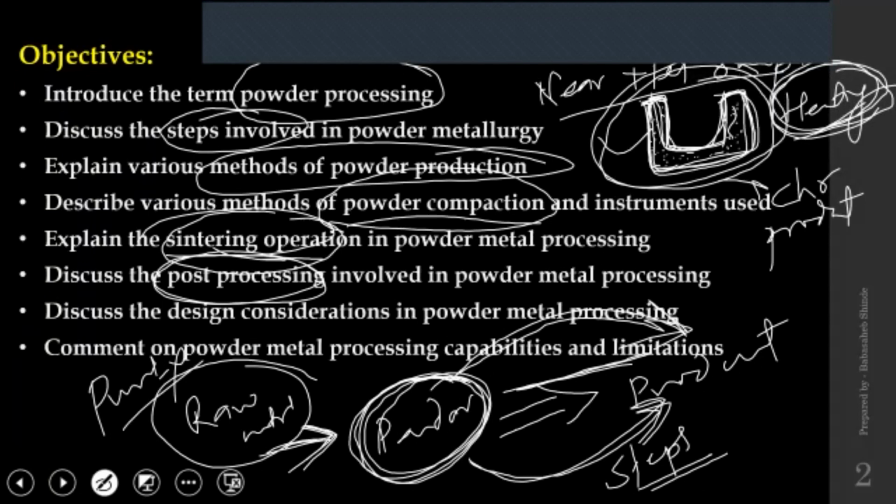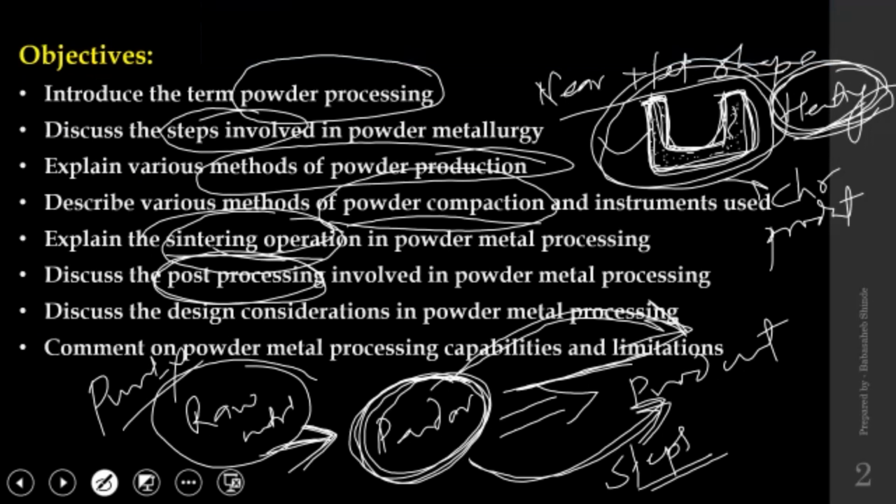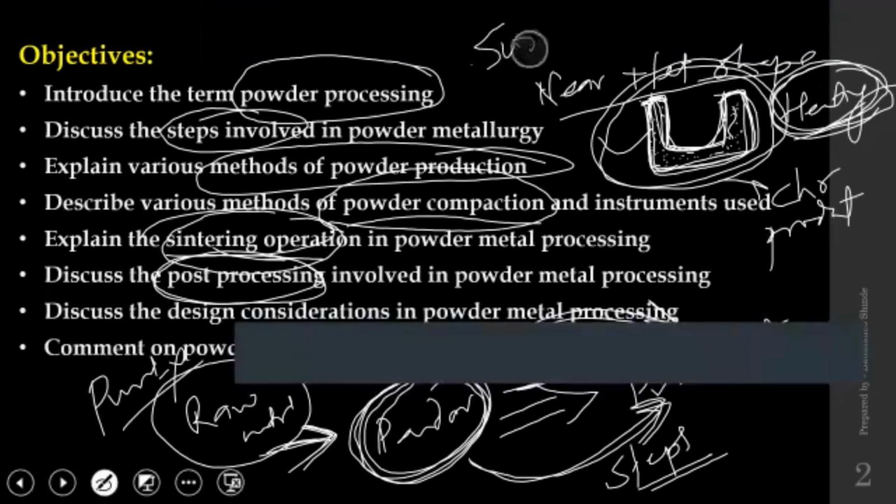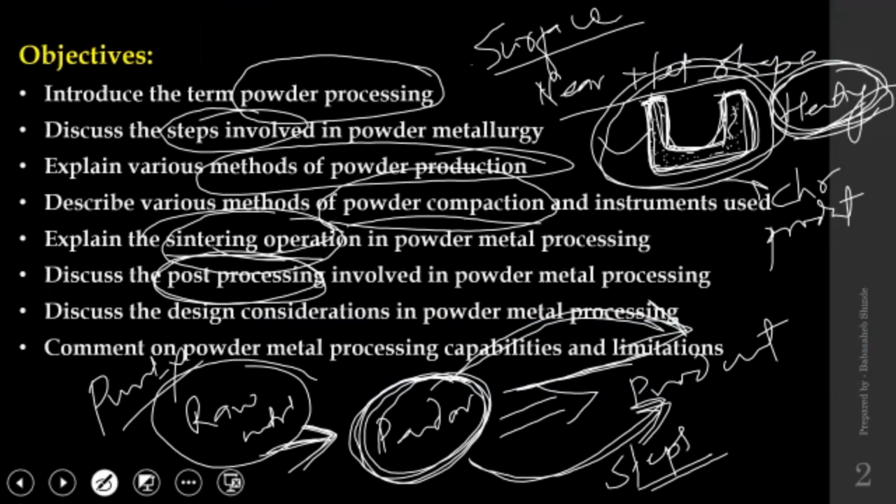some dimensional tolerances provided initially, or in a design there would be some tolerances provided, and that extra material has to be removed. Or in some cases when you get a product from powder metallurgy, the surface property may not be suitable for certain applications. We may expect some better surface finish from the product, and in that case we need to process it further,